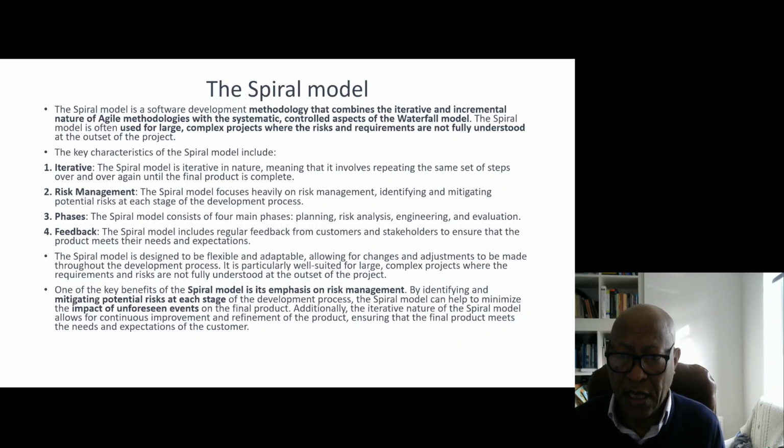The unique key characteristic of the spiral model is risk management. These are for projects where risks and requirements are not fully understood, so this is to minimize the risk element. The spiral model focuses heavily on risk management, identifying and mitigating potential risks at each stage of the development. So you look at risks and the probability of those risks,